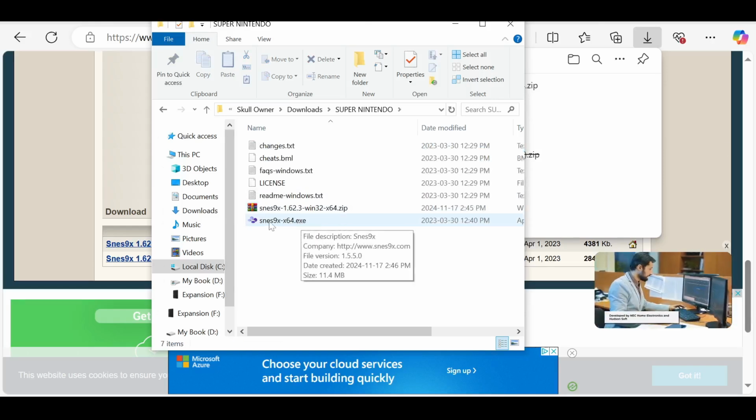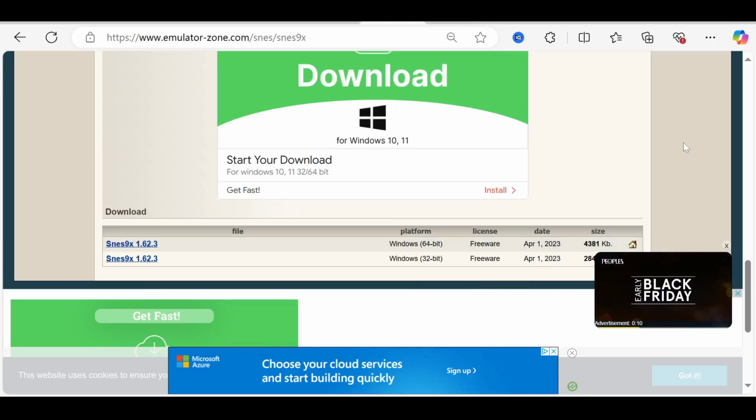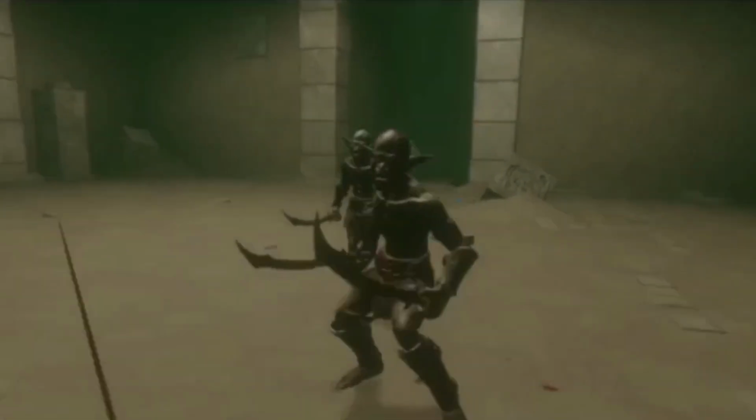Now we have the system, which is AKA the emulator. But what good is the system without the game? So I'm not gonna show you guys where I get the game, but the games are called ROMs. Okay, so you guys can find where you get the ROMs from. And basically, after you get your game,